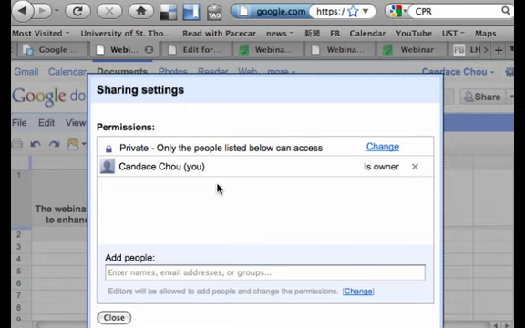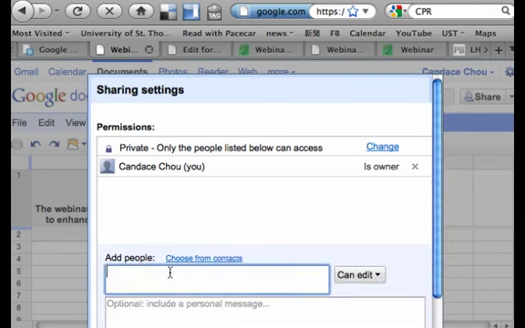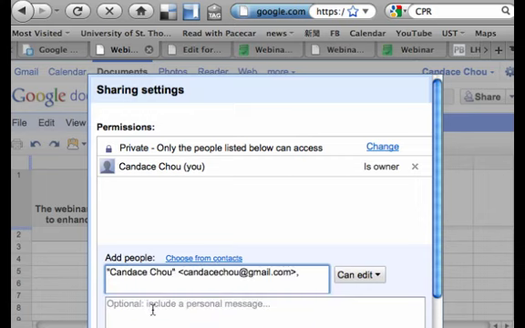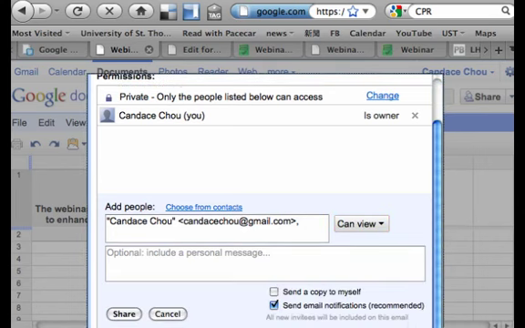Right now this is a private document, so nobody can see the content except for the person you want to share this with. So you want to share this with all the team members or the individual students. So I'm going to put in my other email address. And for this person, no, you don't want to say can edit, you want to say can view. So right now this is a private document and only you and the student can see it. So once you have made that selection, click on share and just write